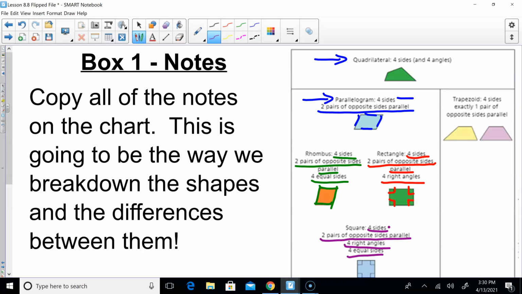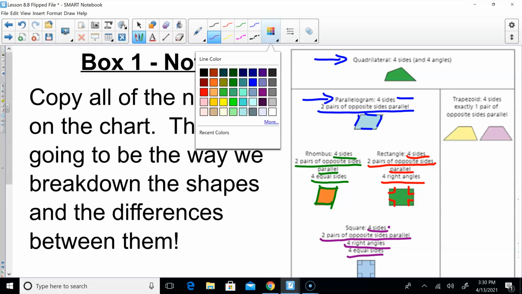But what makes a square that one? It's that extra part of the four equal sides and the four right angles. So that's why you have a square. So those are four shapes for sure you need to know: parallelogram, rhombus, rectangle, square, and the traits that make them special. So the last one that we haven't talked about yet is